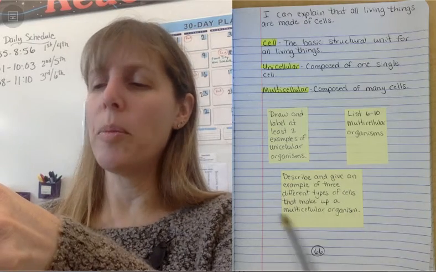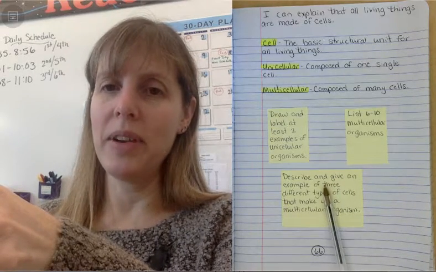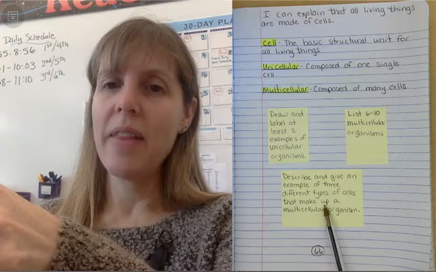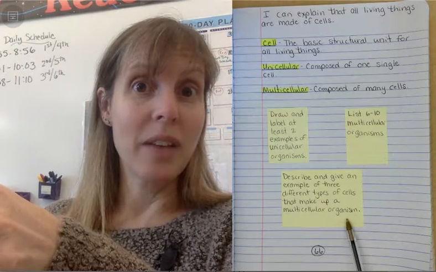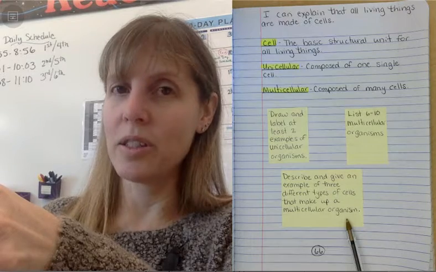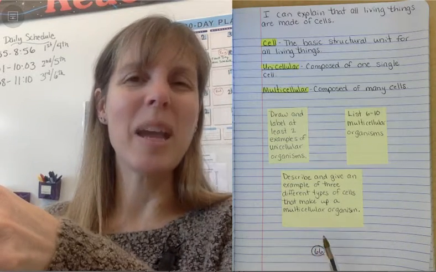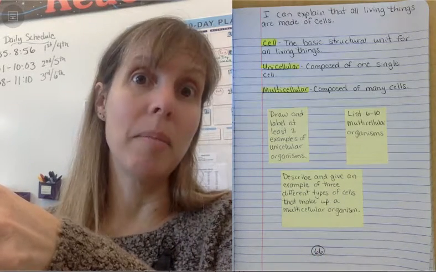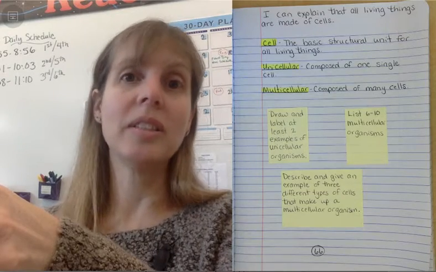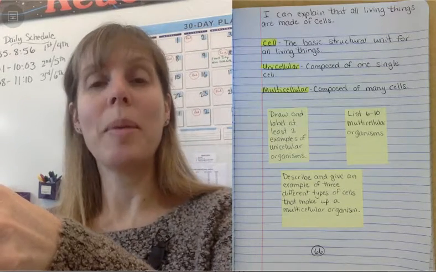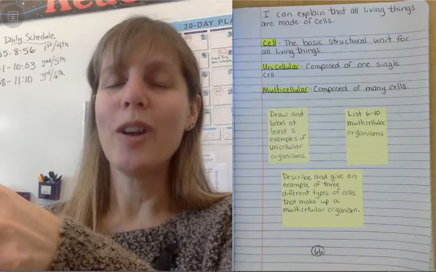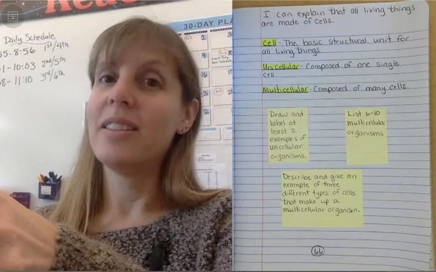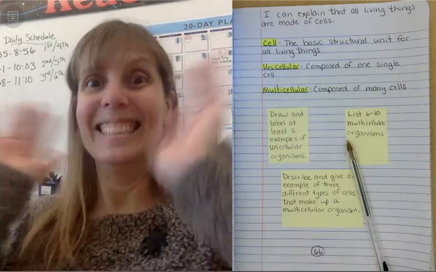On the bottom of notebook page 66, you're going to describe and give an example of 3 different types of cells that make up a multicellular organism. There are different types of cells in your body. You have muscle cells, tissue cells. You have cells that make up your bones that are different than the cells that make up your heart and your muscles and your tongue and your stomach lining. All different kinds of cells, all different kinds of purposes. You're going to read and learn about them today. This is super exciting. Life